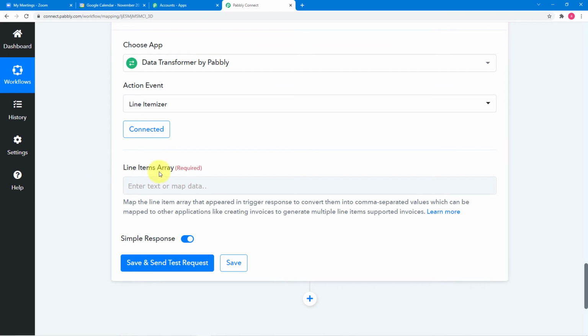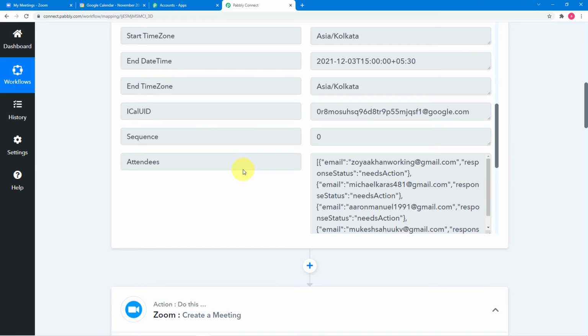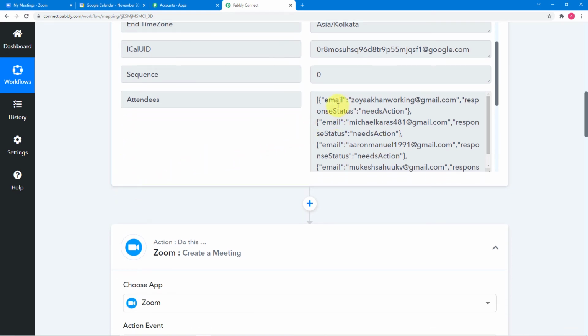Now it is asking for the line items array. So here we are going to map this label, this array in which we have the attendees, so that we can separate these attendees' email IDs by just commas, and they will be in the same line. That's why we have captured the data in this format.